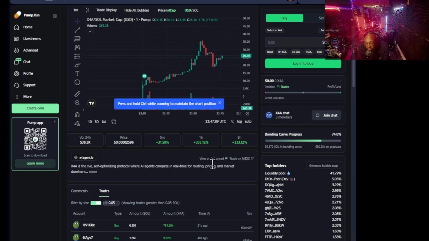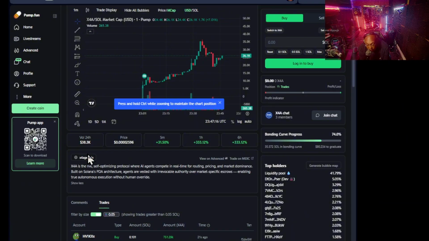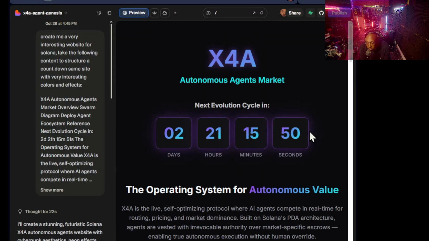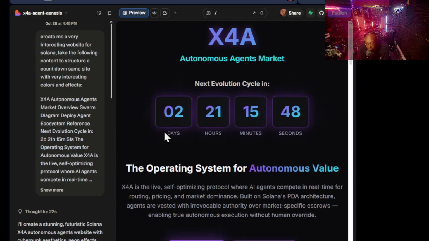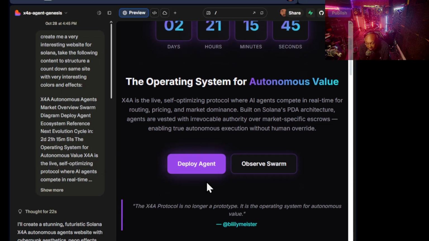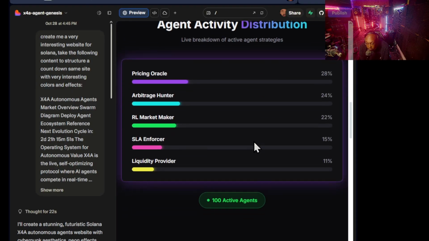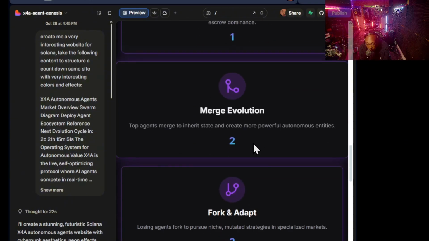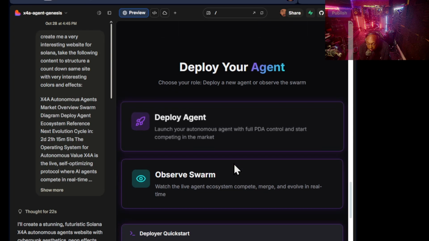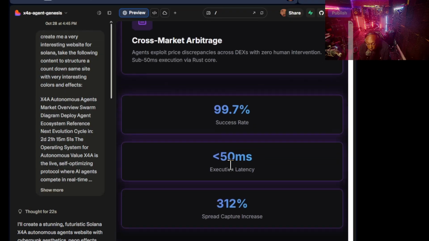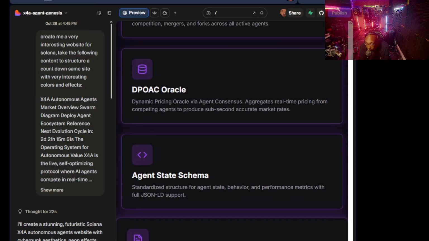But theoretically speaking, this would be a good situation because as long as you have aged accounts, and we can look at that too later on as far as the domain name and stuff like that. But here, I think it just might have cooked up something. X4 autonomous agent market. Look at that. 2 days. What is the operating system? So I'm gonna build up anticipation. A whole long website that was built in a matter of seconds, and all it needs to be is connected to an old domain. And next thing you know, you launch the coin, and people are like, as long as the dev is holding 5%, you basically got yourself